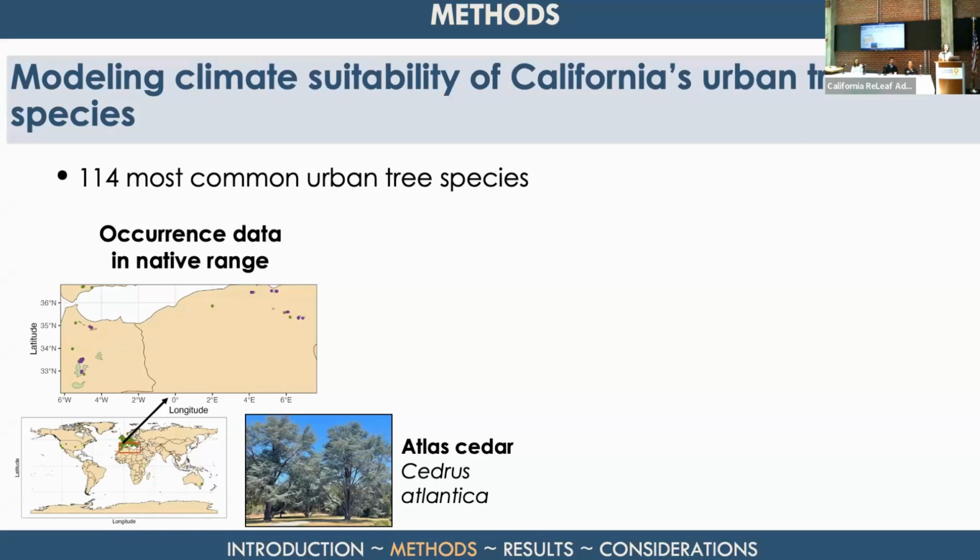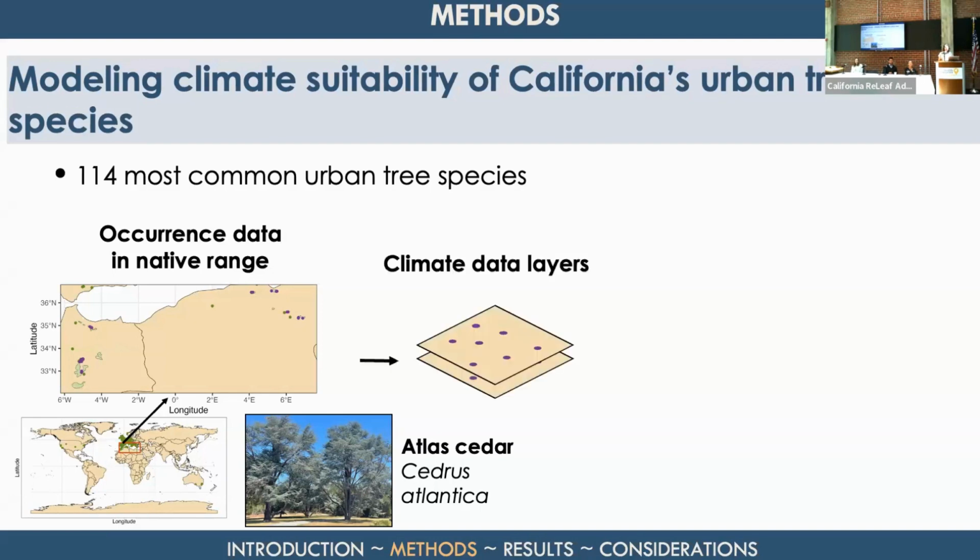And up on the top there, that map shows the native range of the species. It's actually fairly spotty and small throughout the mountains. But what we did was we downloaded occurrence data, so actual data points where individual trees are. And we used those occurrence data, we overlaid them with climate data layers so that we could extract information about